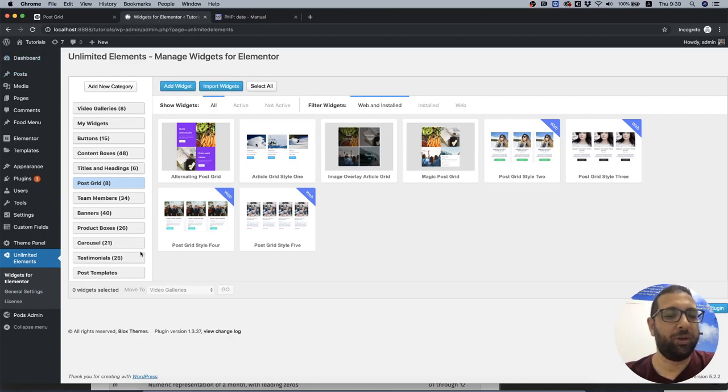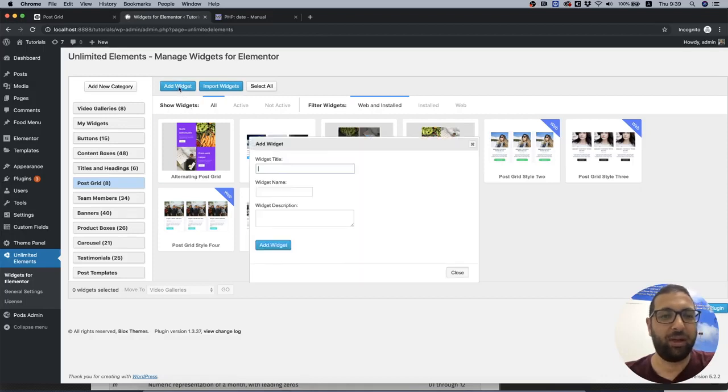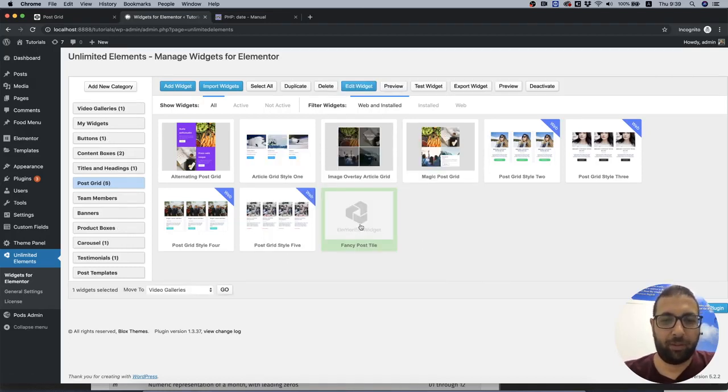So in WordPress, we need Unlimited Elements installed, and we're going to create a custom widget. So click Add Widget, and we need to give the widget a name. I'm going to call this one Post Tile, or let's call it Fancy Post Tile. This will be available in our catalog, and once I'm done, I'm going to upload it and anyone can download and use it from the catalog. Perfect. Add widget, double click,